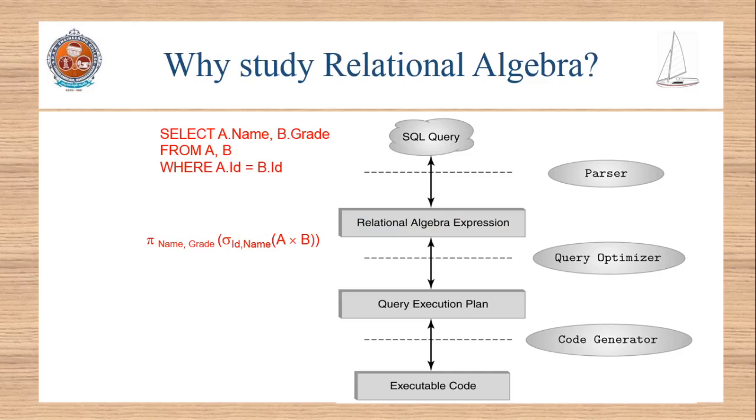So why do we have to study relational algebra? We have studied different operations till now: unary operations, operations from set theory and binary operations. In that category, we have studied different operations. Why do we require this relational algebra? In our previous lecture, when we were discussing the structure of DBMS, what we said is that we have a query optimization engine present within the DBMS.